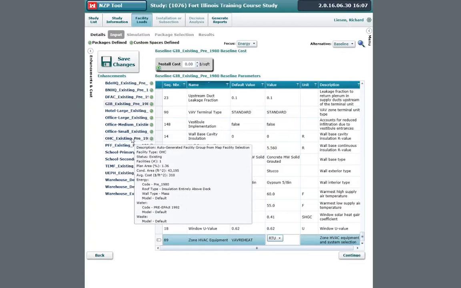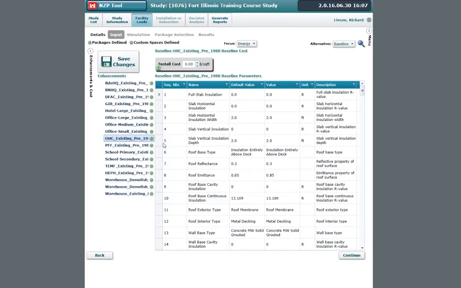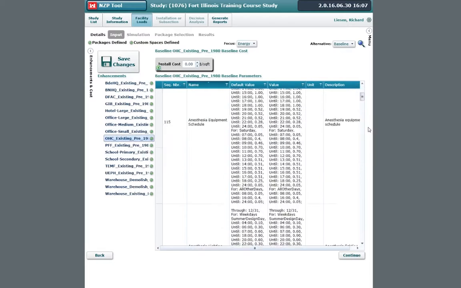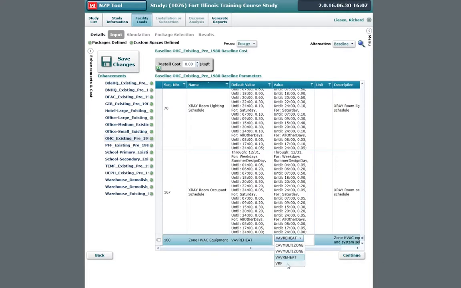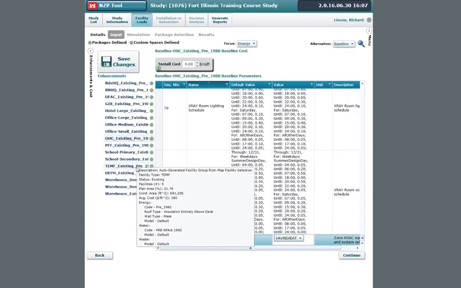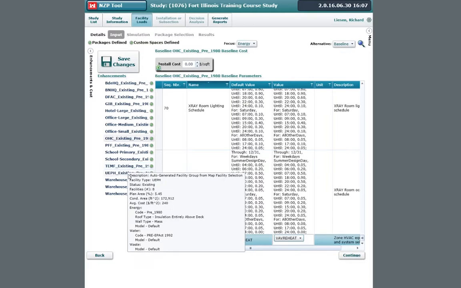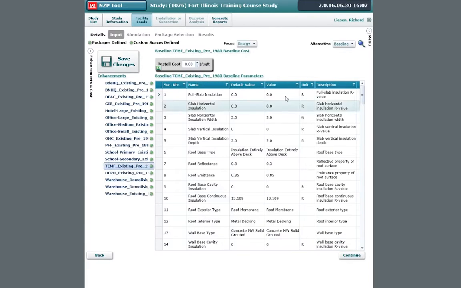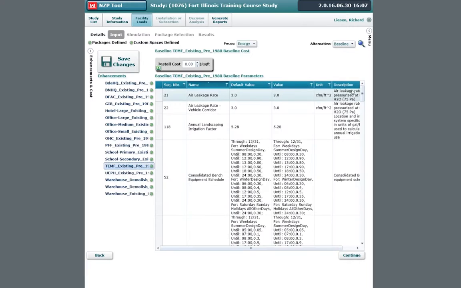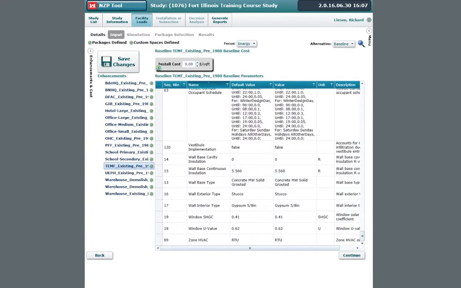All right, existing. Here's another pre. This is our health clinic. Yeah, okay. I'm going to leave it. I can't change it easily. It's just a quick demonstration here. All right, now that's a good default here for this one. Okay, so we have the rooftop unit, which for this template is good. Okay, so we've changed a few of these. So let's go ahead and resave those,